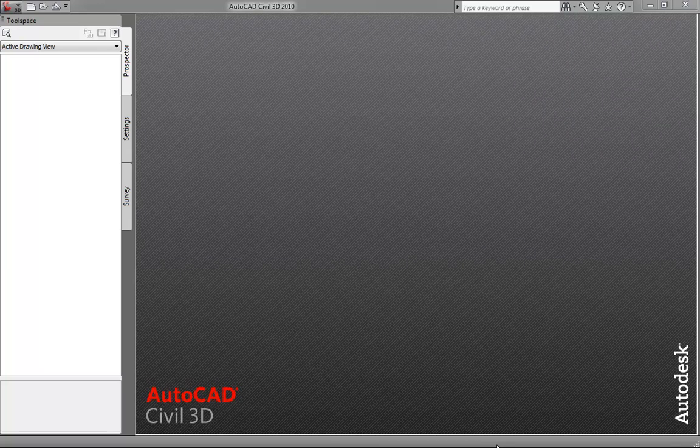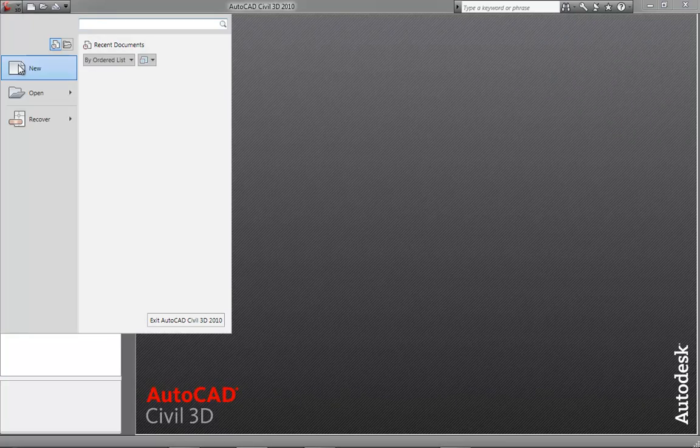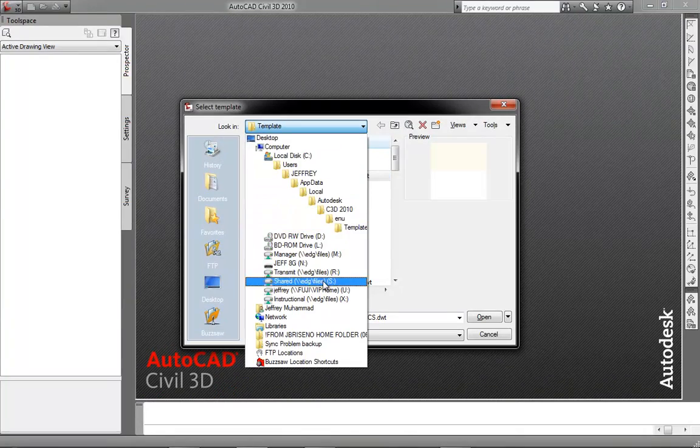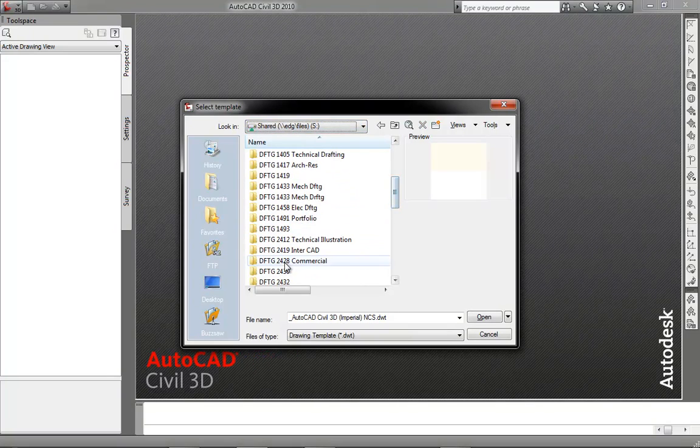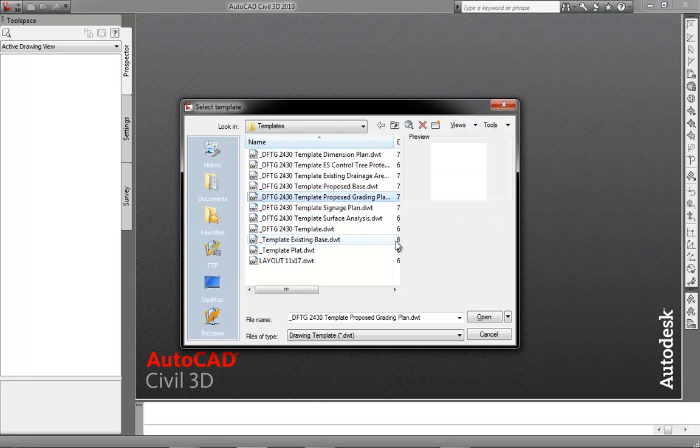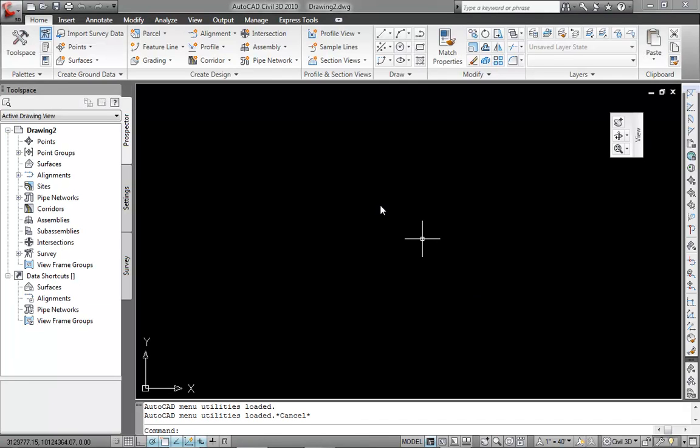Now it's time to create the proposed grading plan. First we'll start off by creating a brand new drawing, and it of course is based on the template like we've done all semester in our class folder. Template proposed grading plan. Be sure you use that one so that you can have all of the settings that are necessary to